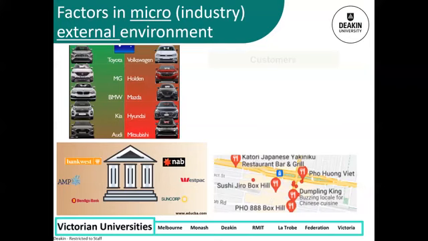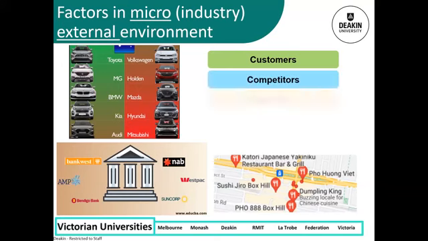Okay, the next area we're going to have a look at is the micro environment. We're still looking at the external environment. Another term for it is the industry environment, and sometimes we also call it the specific environment because it's specific to what a particular industry does. The examples we'll go through all share more or less the same customers, competitors, suppliers, industry regulators, and also advocacy groups.